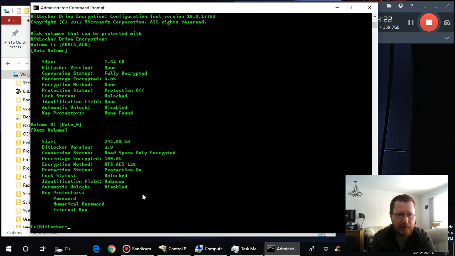It says BitLocker version 2, used space, encryption method XTS-AES 128, which I believe CryptoLocker uses, and Windows has just recently added it. Remember, it was asking us, do you want to do the new type of encryption, or do you want to do the old type encryption? And this is where Linux is more flexible, because you do encryption with the cryptsetup command on the command line,